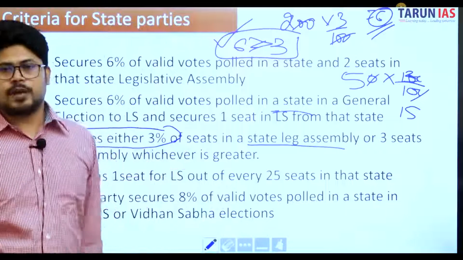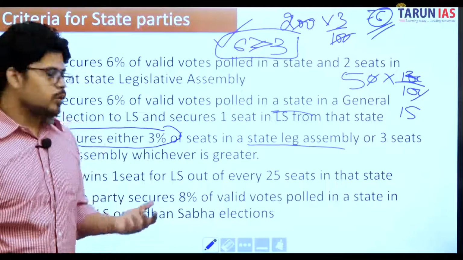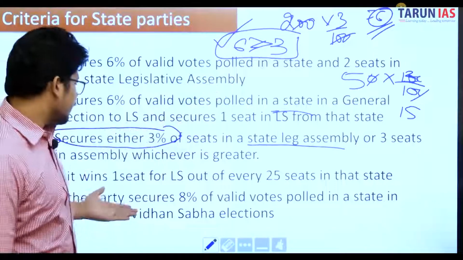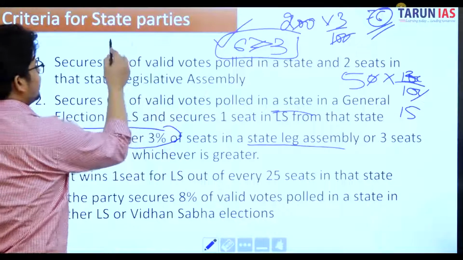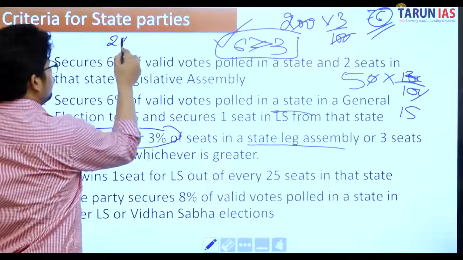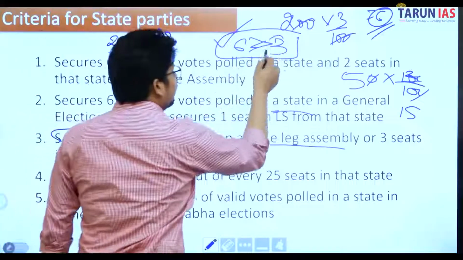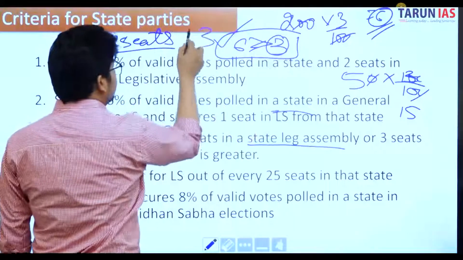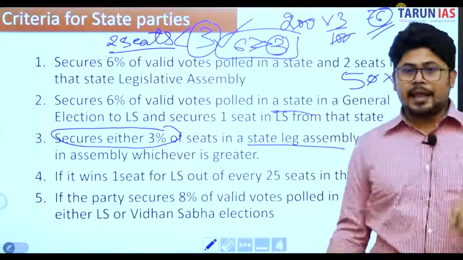1.5 seats, or we can assume 2 seats at max. So in that case what happens? They will have to win at least, because 3% comes to how much? 2 seats, and we'll have to compare it with 3, but 3 is greater than 2 seats, so they will have to win at least 3 seats, right? If it wins 1